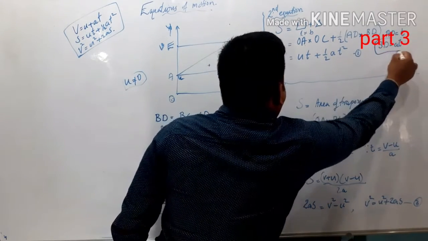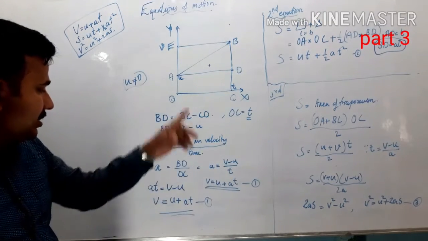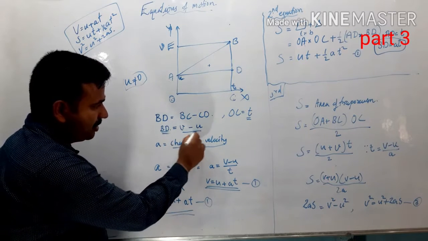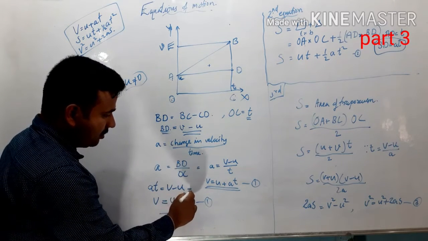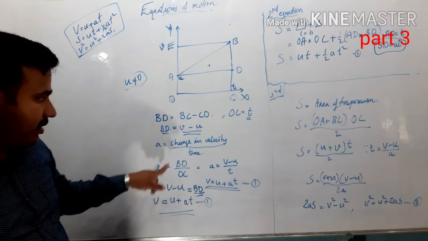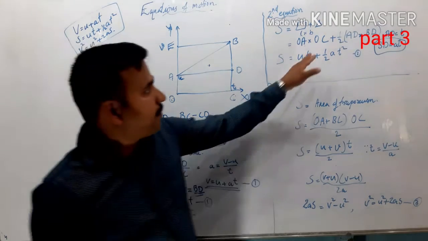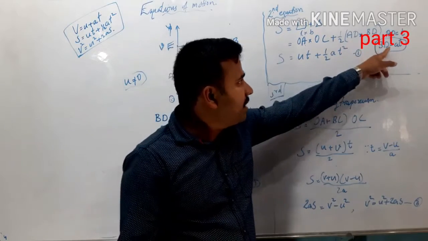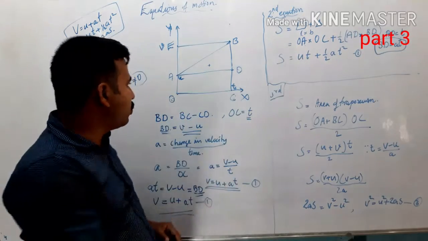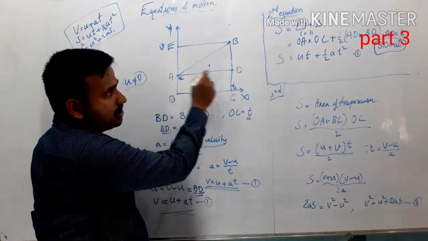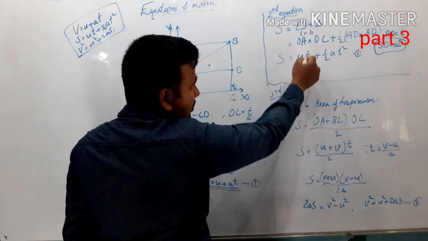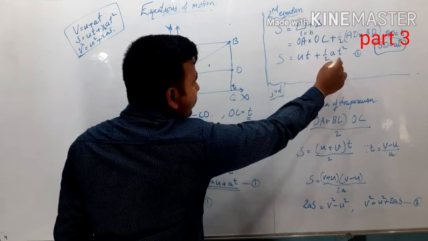This particular equation, this value we are substituting here. Here we can see V minus U, that is BD, or AT we can also write as BD from this particular equation. Then substitute this value of BD as AT here, then you will get S is equal to UT plus. Here OA stands for U, the initial velocity, that is the breadth U, then the length OC represents the time, then plus half,